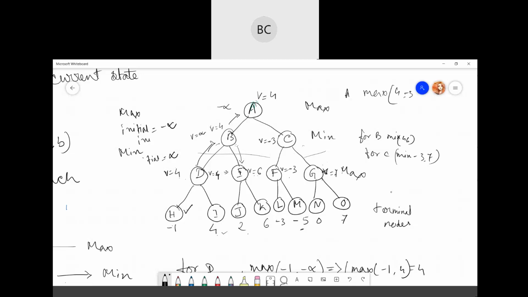Then it calculates what can be the possible moves or the best move. So the best move will be here. Okay, so is this clear how it calculates the minimax value for all?